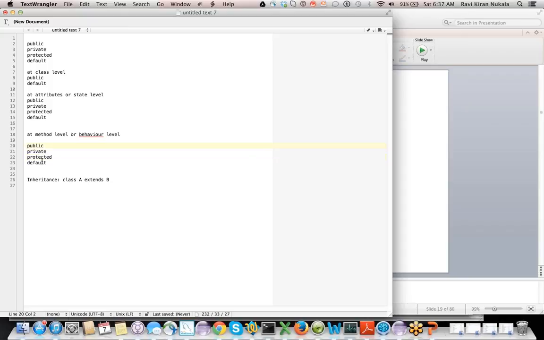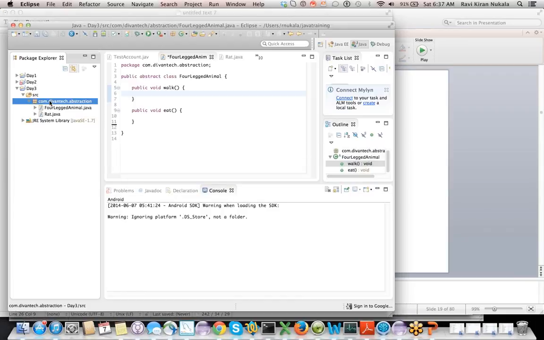Now to know this, you got to know a little bit about packages as well. So this is a package. Creating a class outside a package is also allowed, but Eclipse complains that it's a bad practice. You should always create a class within a package. A package is nothing but a collection of objects, and we logically put them in a folder. Think of it like a folder, so when I look at it, I know this is related to abstraction.